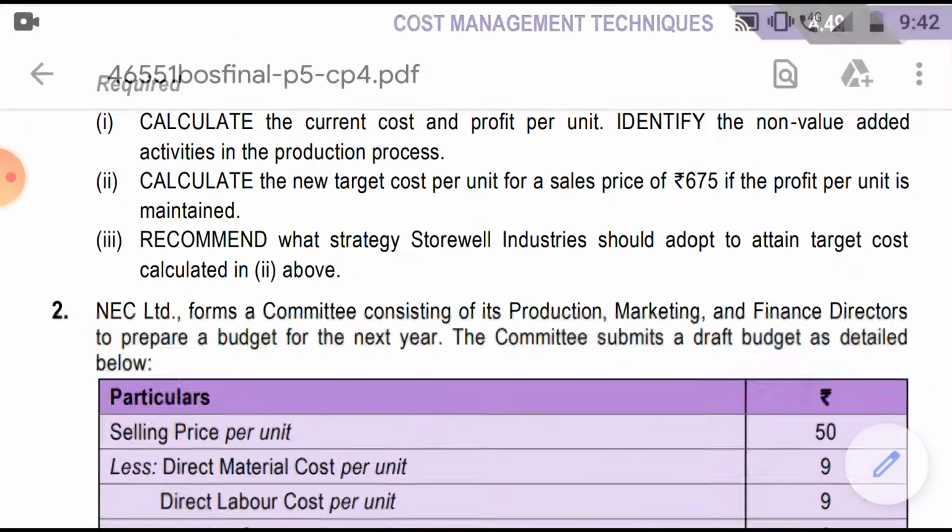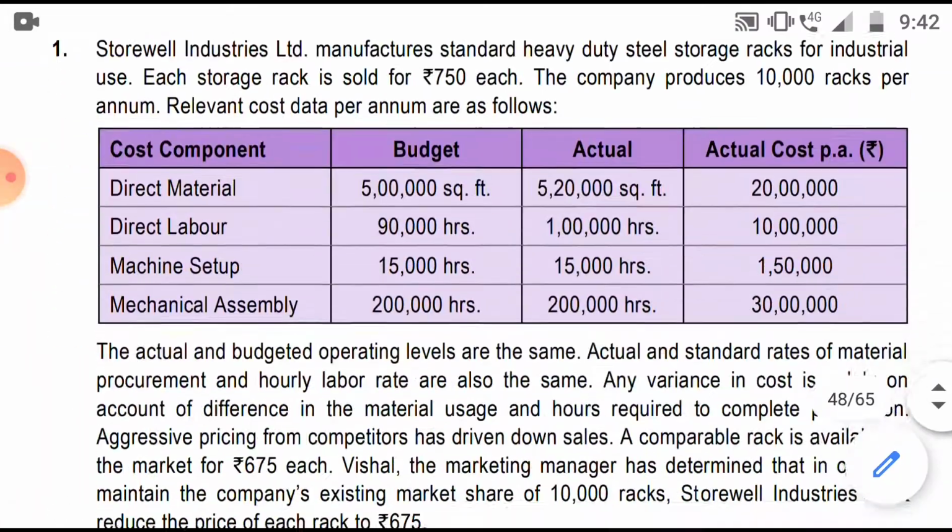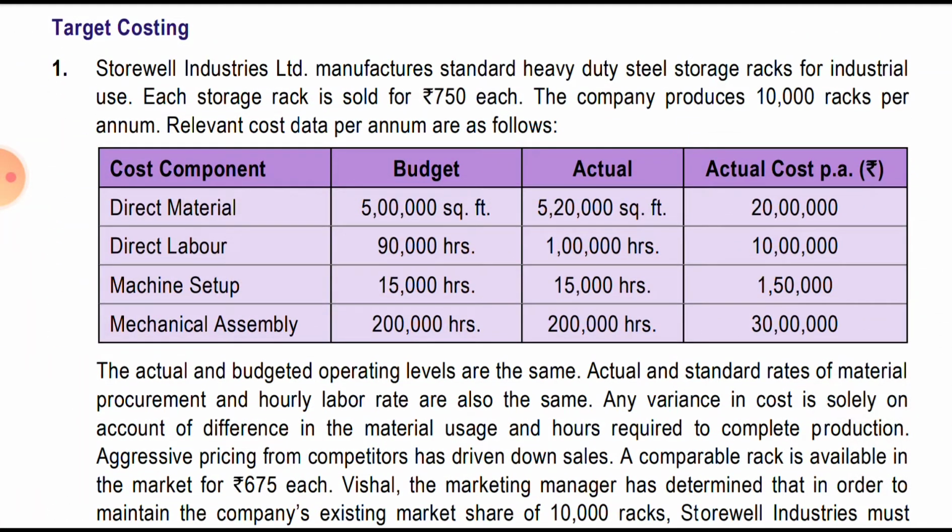How did this 20 lakh come? See, in the question they have given the actual cost as 20 lakh. So to find out the rate, we divide 20 lakh by 5 lakh 20. We will arrive at 3.84, and then we will multiply it by the 20,000 difference,